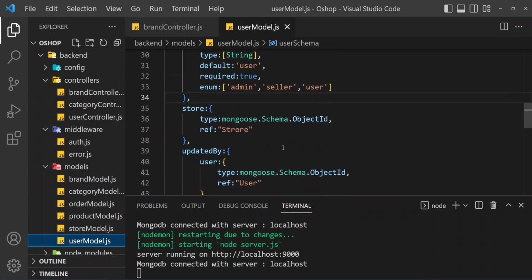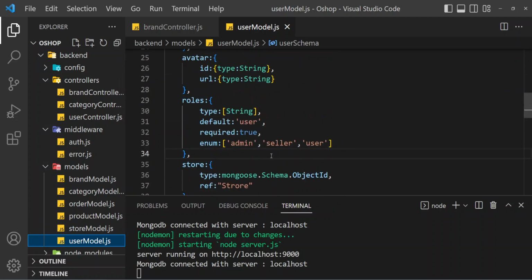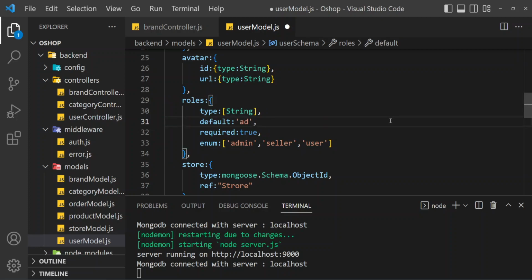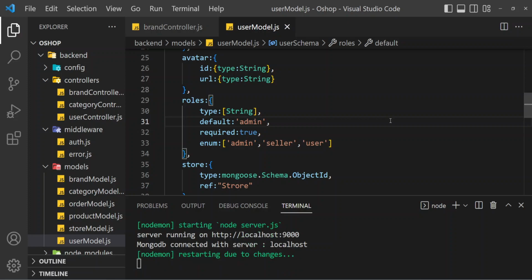When we first register, it takes the default value user. So change it from user to admin. After we register one admin, we will again change it to user. Save the file,